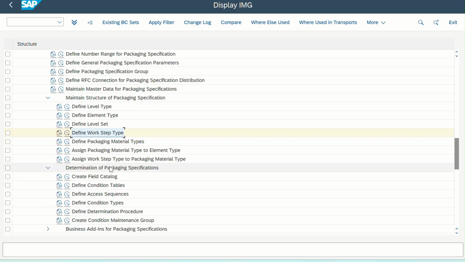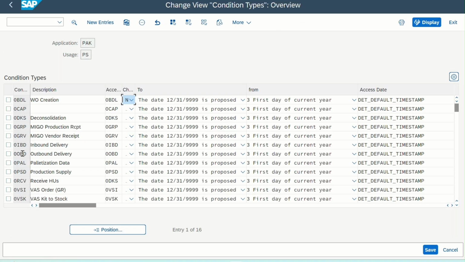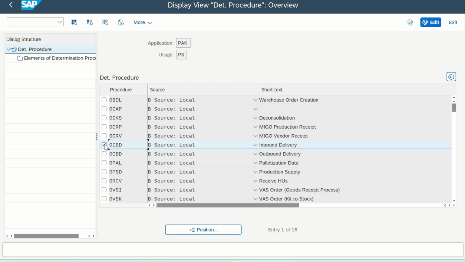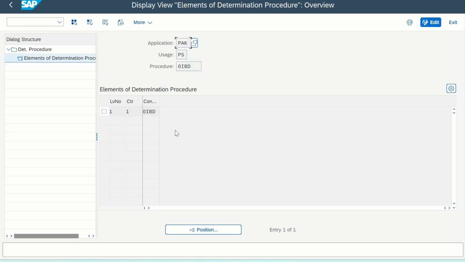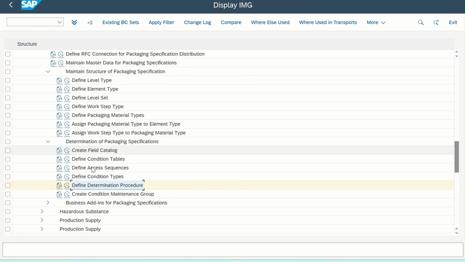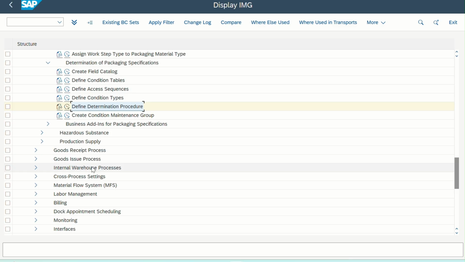There's also a determination process for the packaging specification. Currently we'll be using a condition type called OIBD for inbound. And for the determination procedure, you can see OIBD. Inside that we have this condition type that will be triggered whenever you use a packaging specification, and that will be going inside your inbound